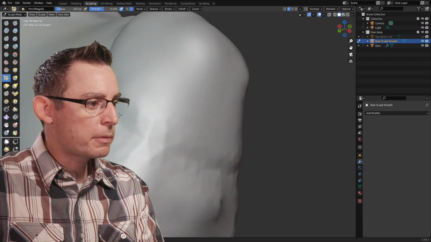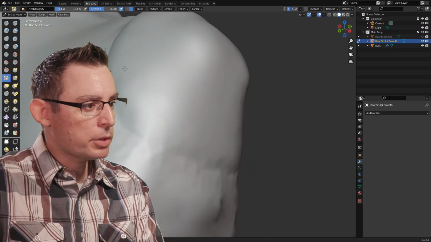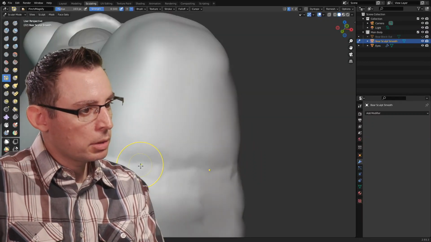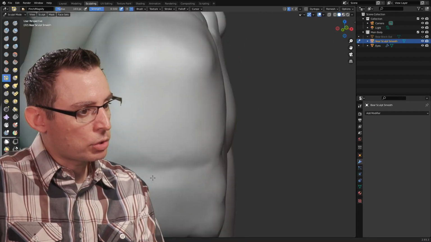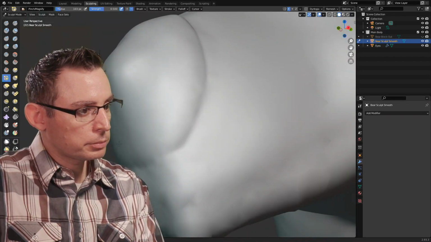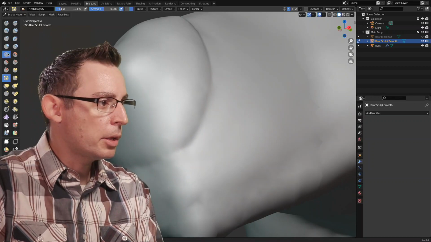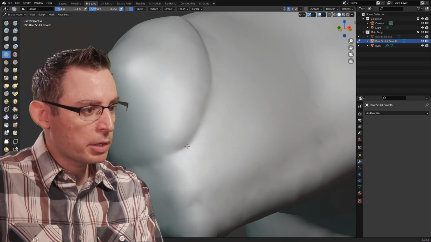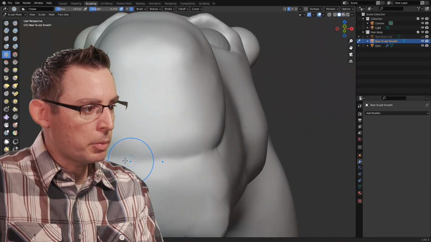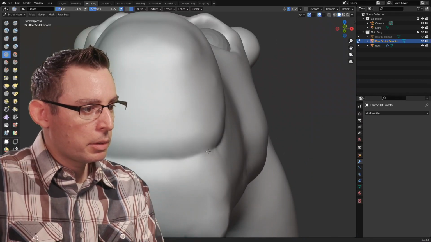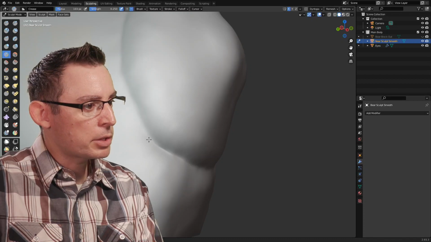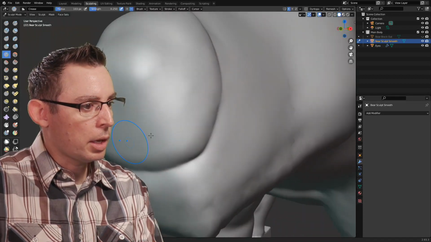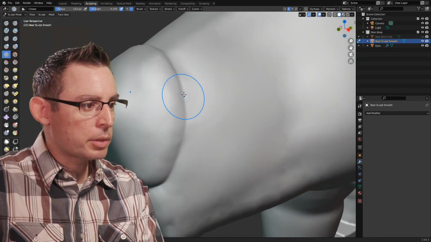We want to be respectful of these plane changes, but we also want to be controlling of them as well. And the pinch tool allows us to continue to control it. Let's go back into the knife brush here. Just kind of push this in a little bit more. I don't think I got the shape I was aiming to get initially. Yeah, there we go. That's not so bad.